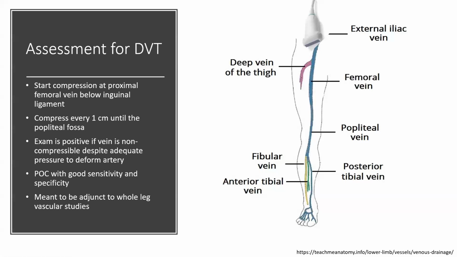So we're going to start just distal to the inguinal ligament, find the common femoral vein, and compress every centimeter down to the popliteal fossa. So we compress with enough force to deform the artery, and if the vein doesn't compress, then that is a positive exam for DVT. As Eric and I were talking before, there are some complexities to the issue. Is this fully occlusive? Is it non-occlusive? But a quick look could give you some evidence to further support